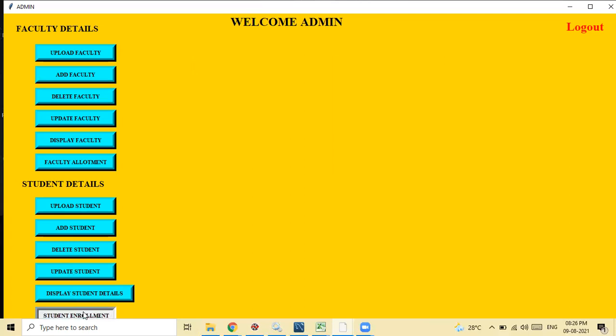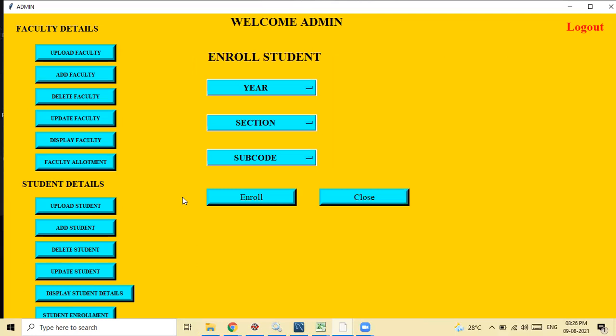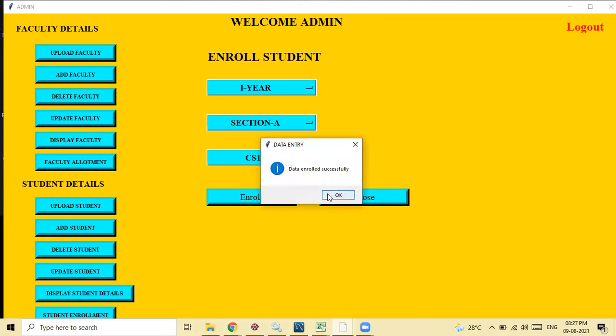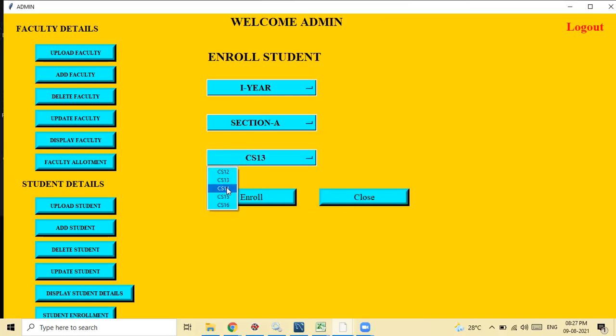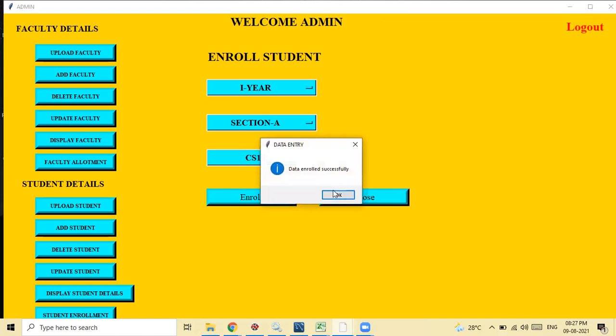So now we will enroll the students in the subjects. Currently we have uploaded the students of first year section A. So in first year section A, we have the students. Directly we can enroll first year section A in a subject. So first year section A, I'll enroll them in the subjects, that is CS13, enroll, data enrolled. Next, same thing, first year section A students, second subject, enrolling them. Yeah. Next, CS14, enroll, yeah, data,